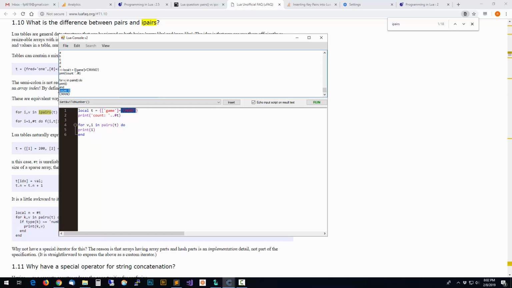But notice up here it said count equals 0. This pound sign only works on an array like table, so they have to be in consecutive order. If we go back to one of these examples here, yeah, just this example here